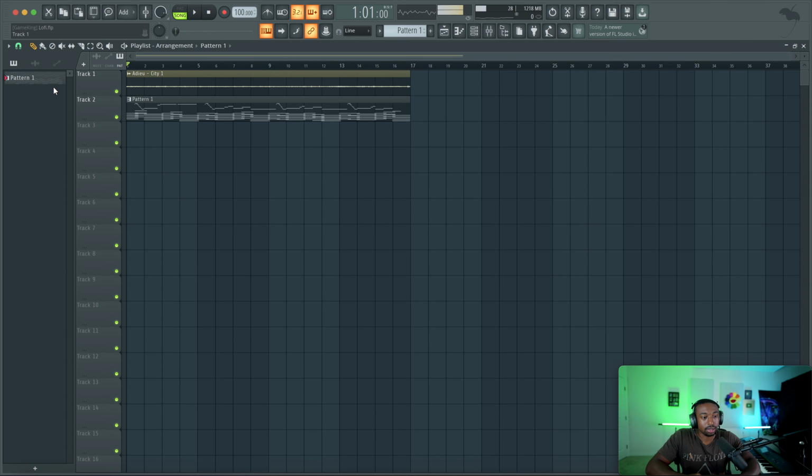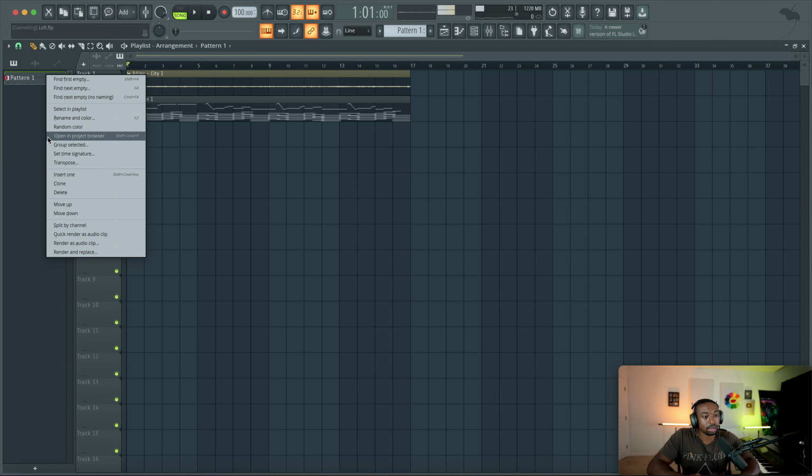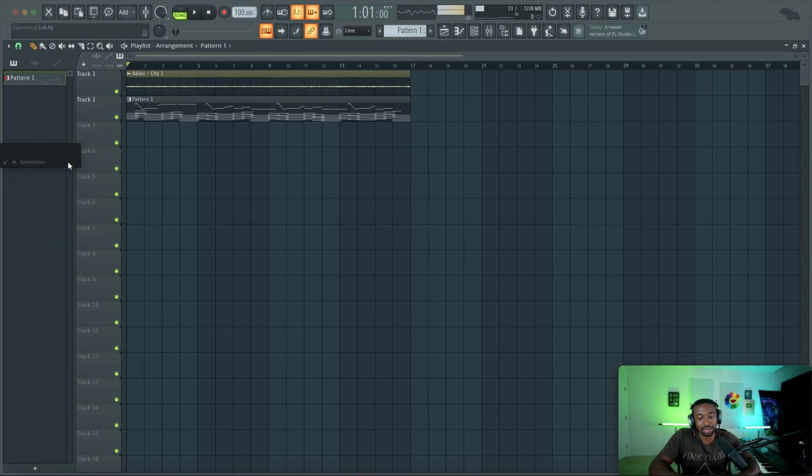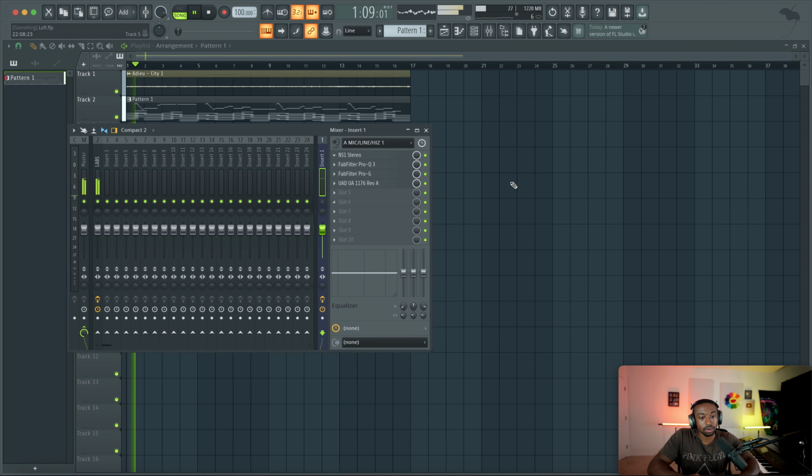One more thing. Okay, so let's do one thing, which is just to mess with the key. So we can go to our patterns here on the left side, right click, go to transpose. We could add positive values to raise the key or negative values to lower the key. Let's hit -3 to lower this down 3 semitones. To me, this is a lot warmer and it sounds cooler.